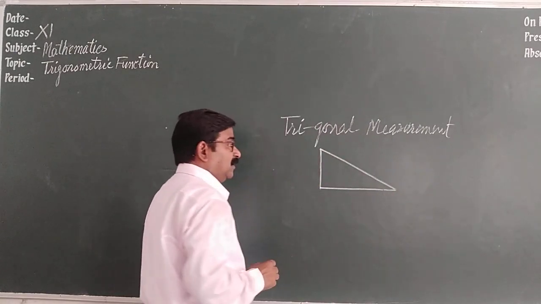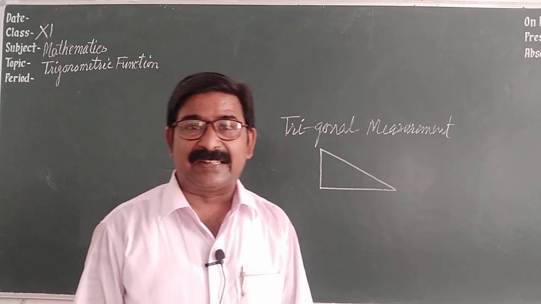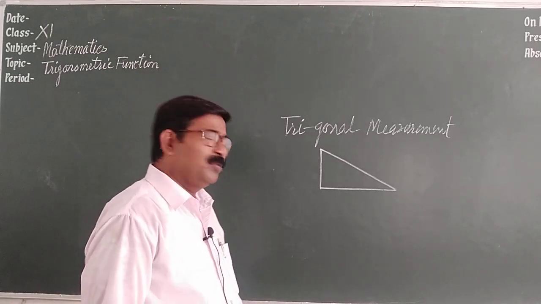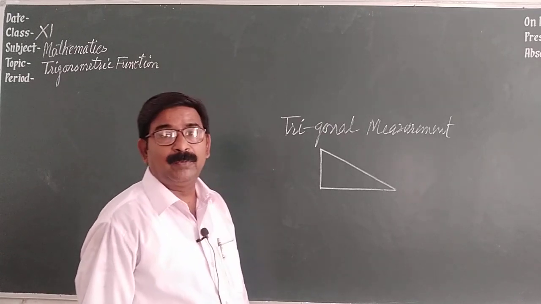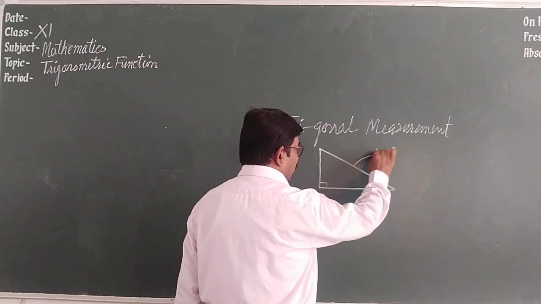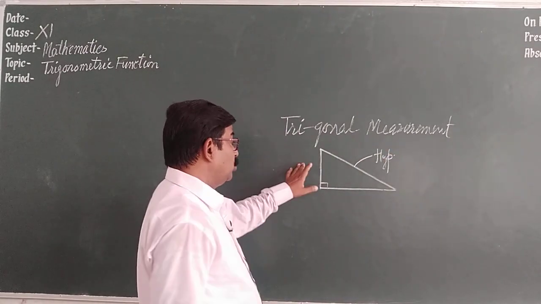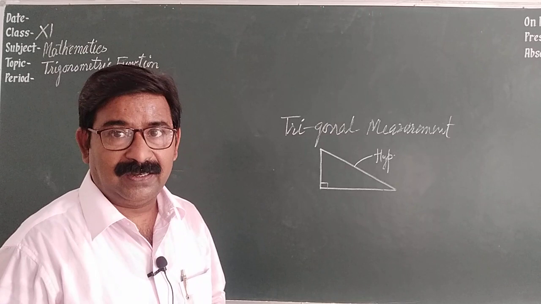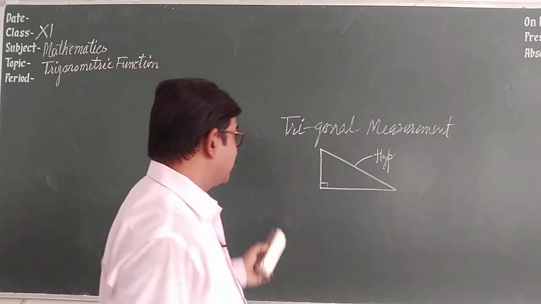The question arises, a very simple question: why do we use right triangle only? The very simple answer is, in a right triangle we have particular names for the sides. The side opposite to the right angle is known as the hypotenuse, and the other two sides are base and perpendicular, which is decided by the base angle. Okay, now this is an old thing, it has been taught in class 10th.